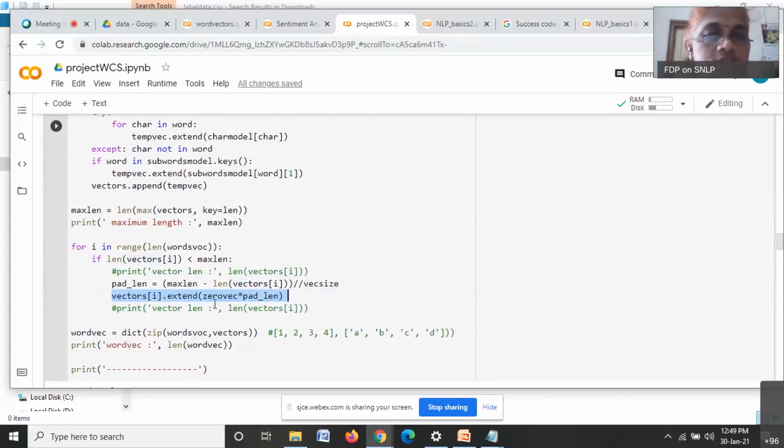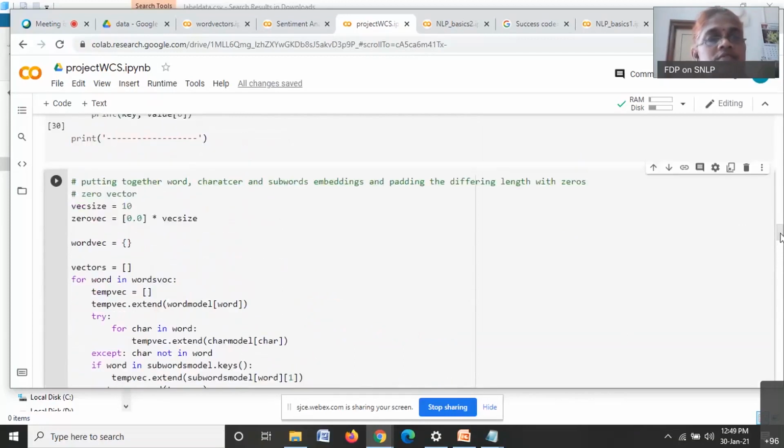Vectors of I dot extend 0 vector pad. So here, see, we have three arrays. We are just concatenating the arrays. That's all we are doing when we say putting together. Sometimes, even in Python, and even if you look into the literature, there will be terminology, and just looking at the terminology we may feel that something very complex or difficult has to be done.